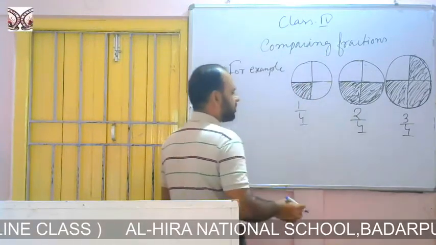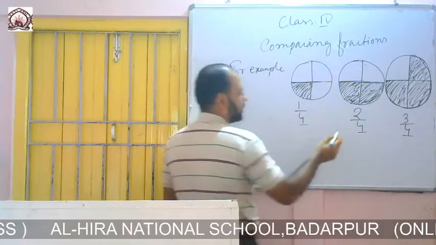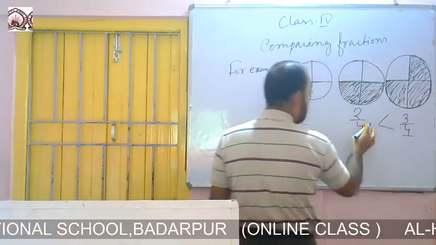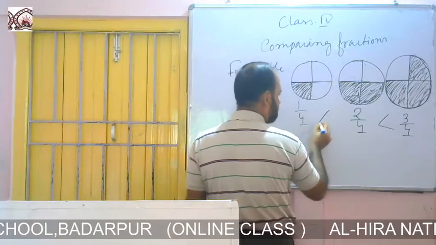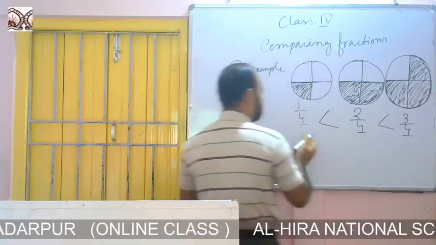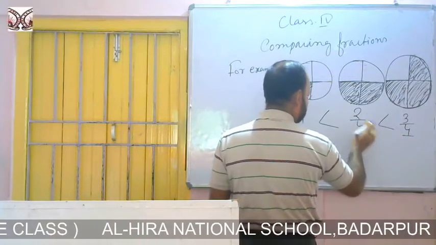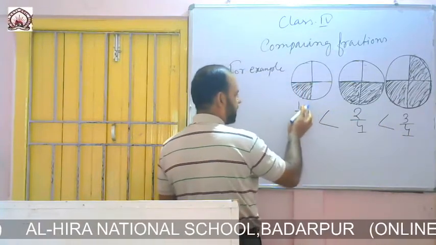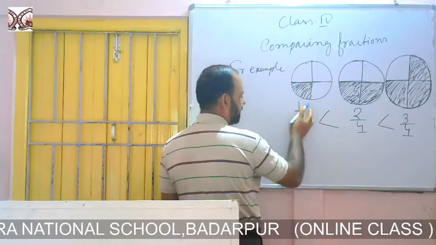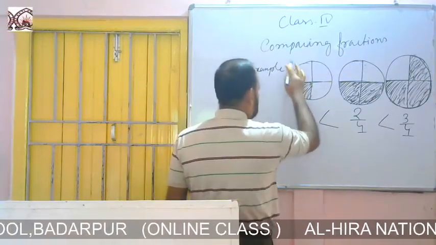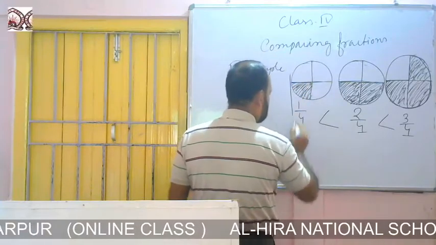So here 3 by 4 is bigger than 2 by 4 and 2 by 4 is bigger than 1 by 4. So from the above example we got